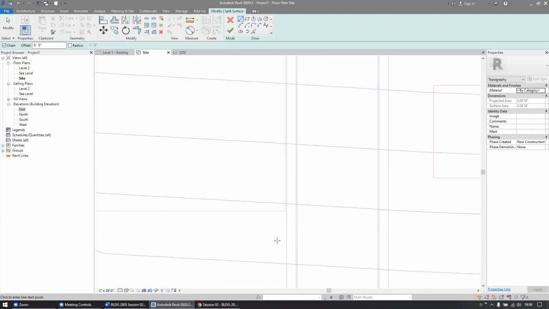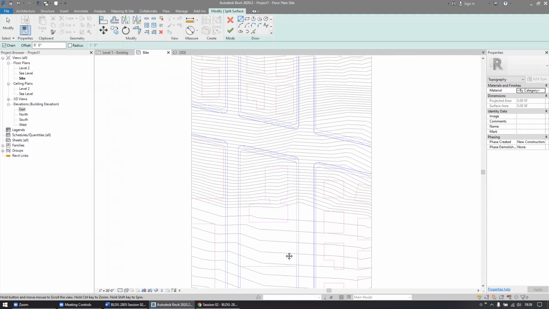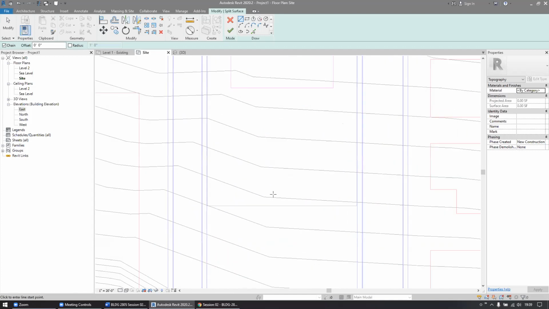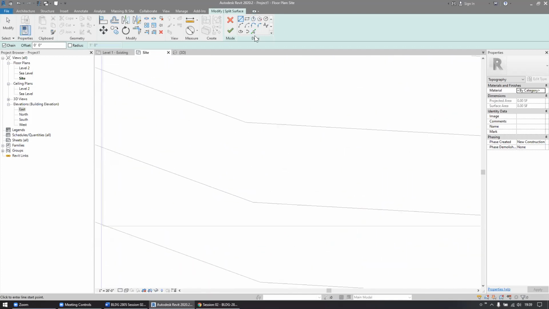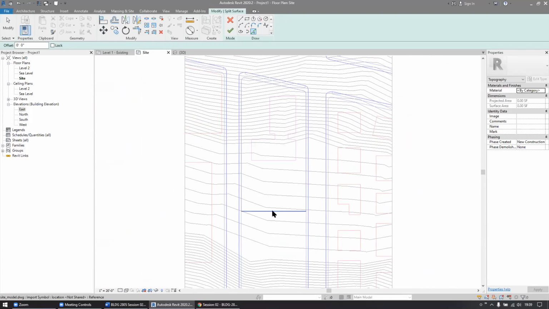So our property lines, like I said, are this gray line here that's just around the house. You can kind of see where it is in the file here. So there's the context, and now I will zoom in. And I'm just going to use the pick tool right there. So in the split surface command, I should be able to put my cursor over one property line, hit the tab key once, and it gets all of the lines from CAD, from the property line, in a loop around the entire property. So now I can just click,